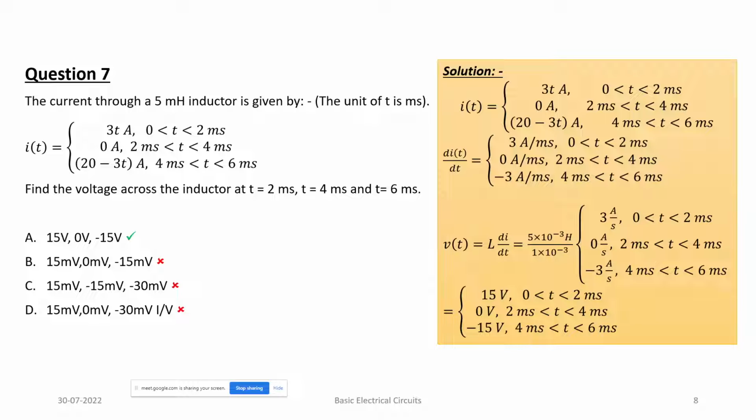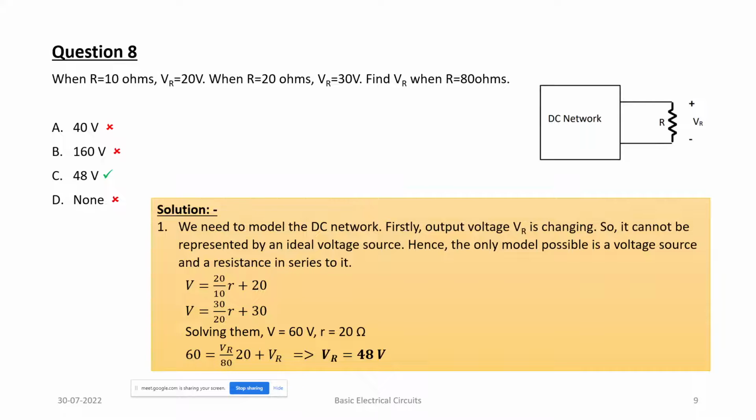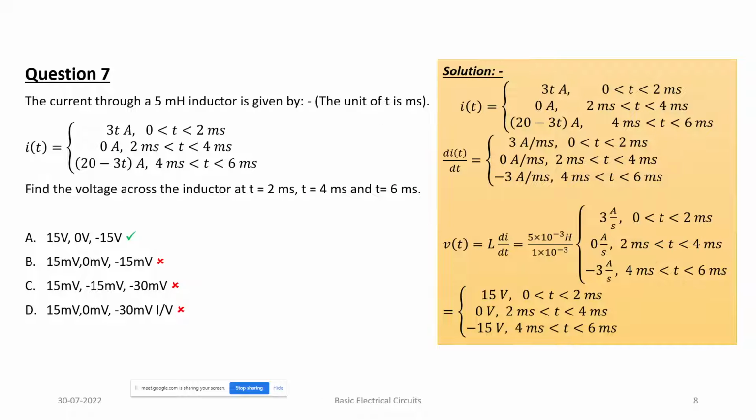So when R is 10 ohms, there is some voltage, and when R is 20 ohms, there is 30 volts. So different voltages. So यहाँ से हम क्या conclude कर सकते हैं? What can we conclude from these two observations? That the voltage is